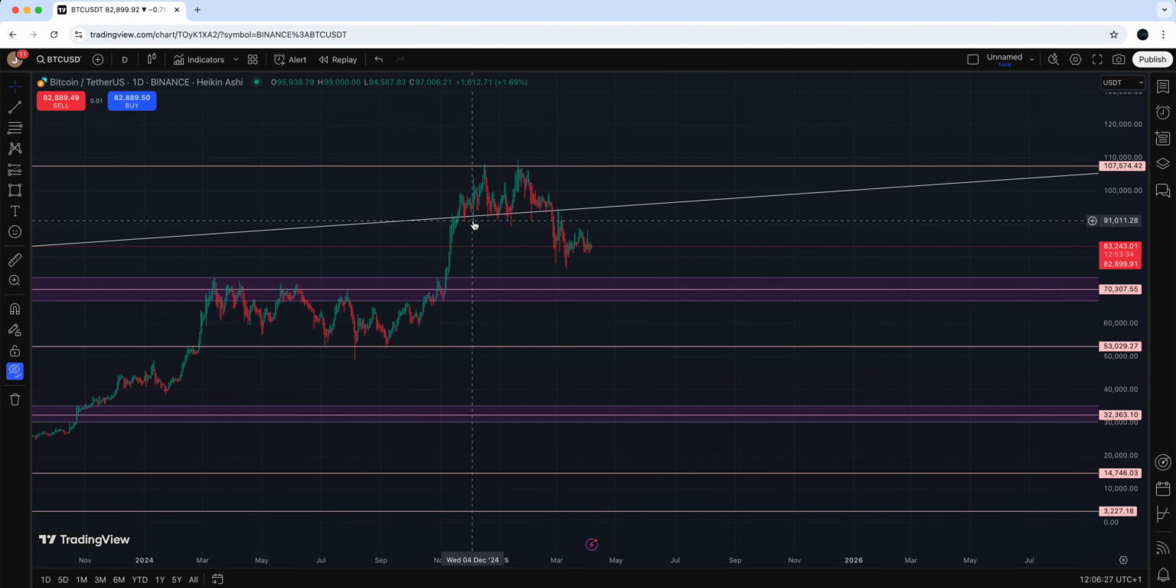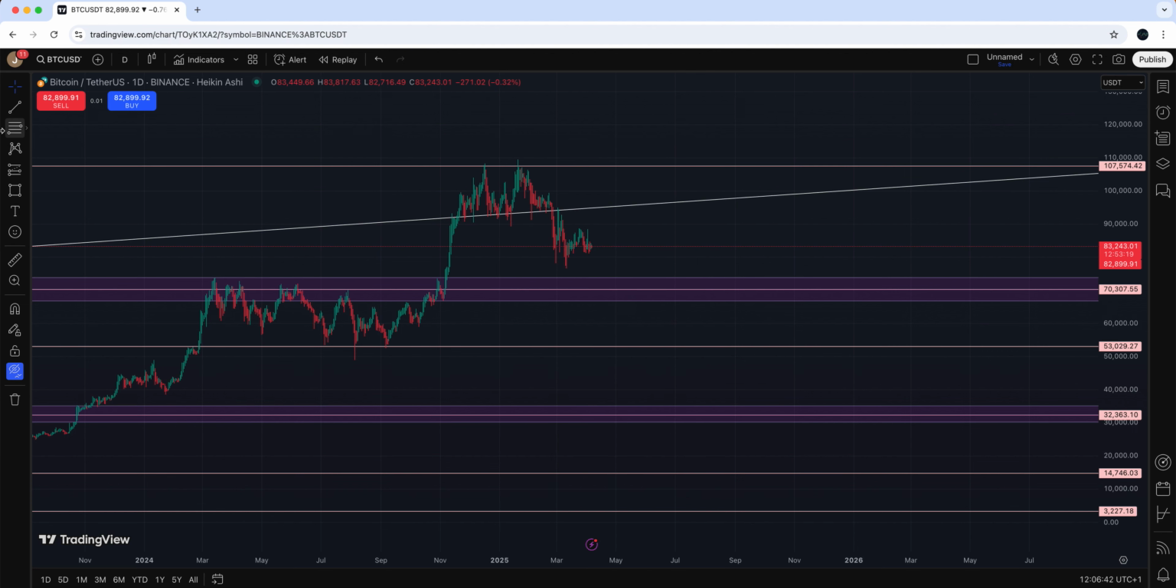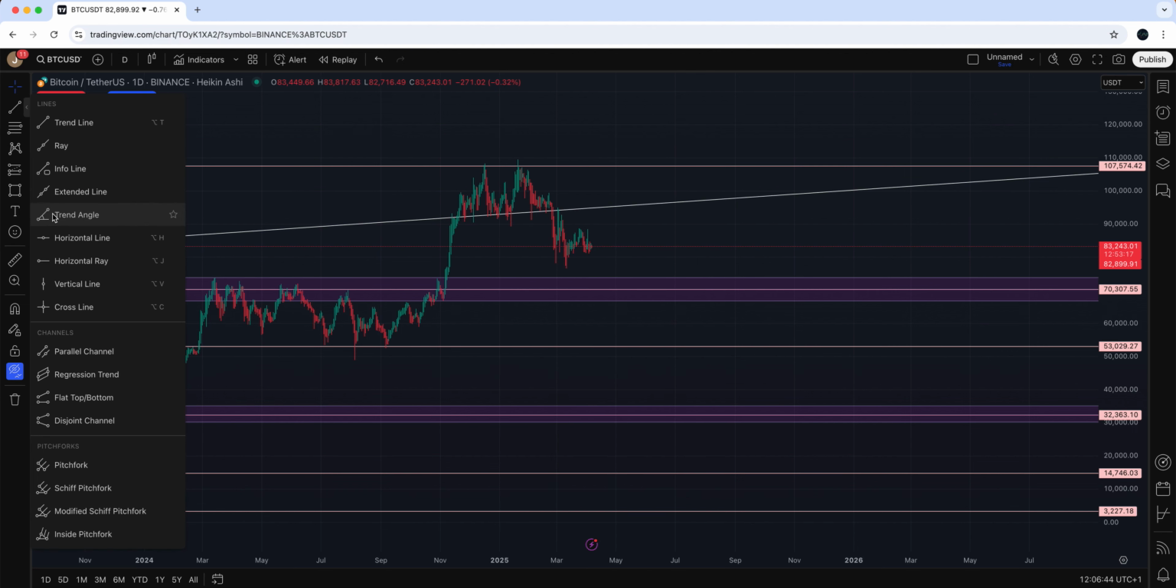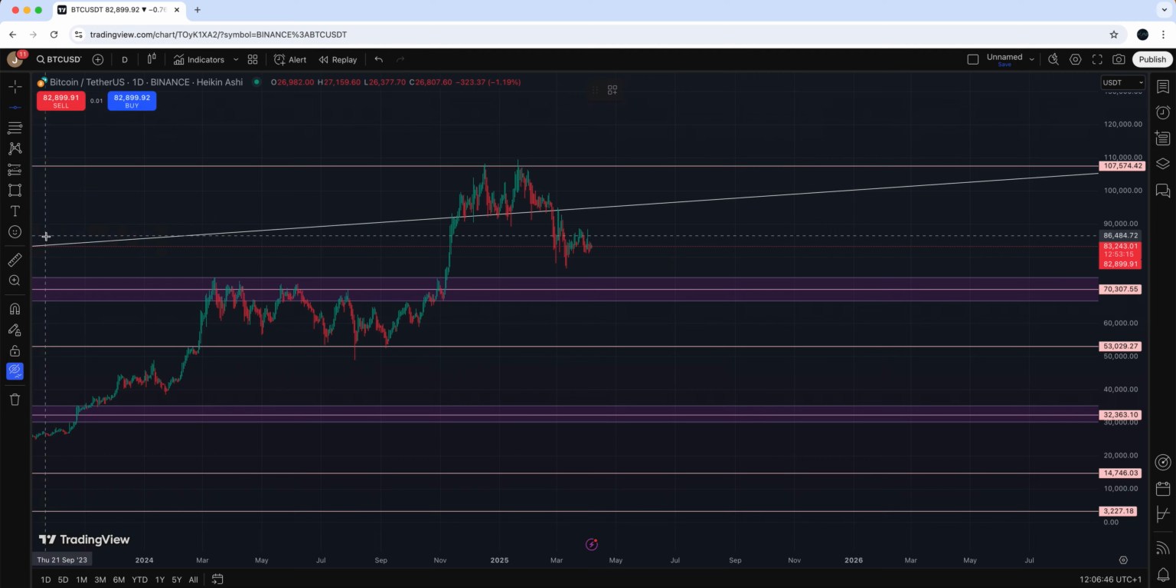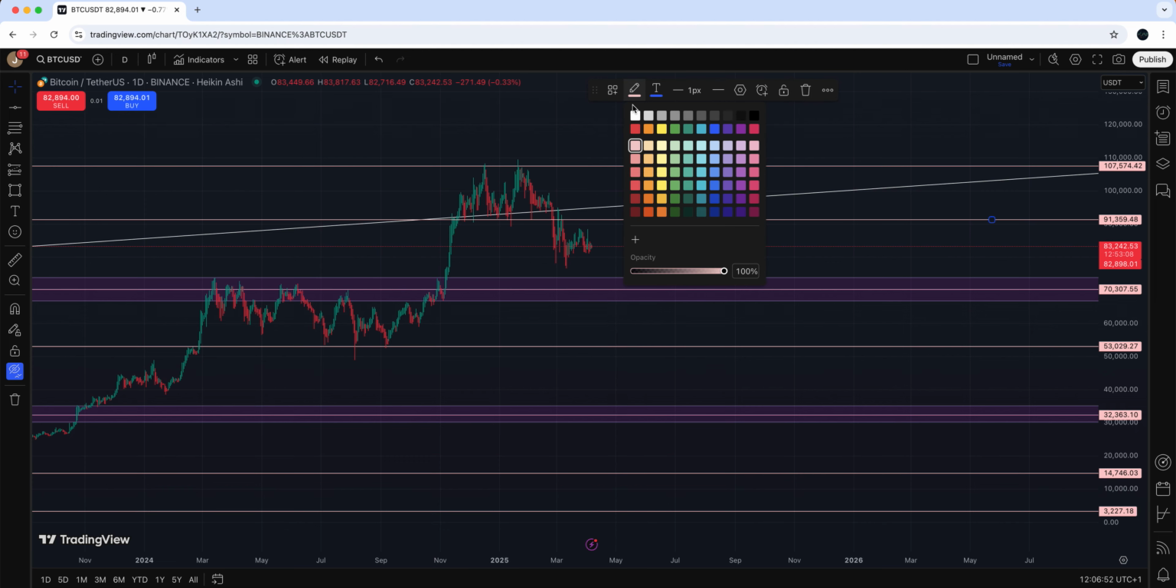Now you can see all these wicks that have come down to this area, nothing closing. We can see a support around here. So if I put in a line here, sorry, what have I done there? If I put in a support line here on the daily, right here, and I just colored this orange,